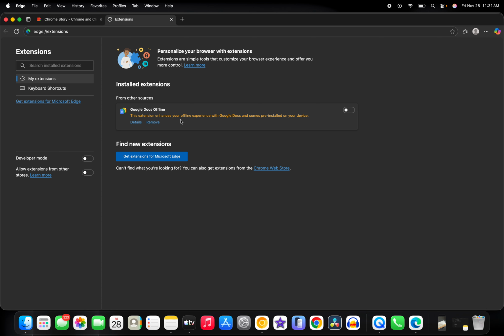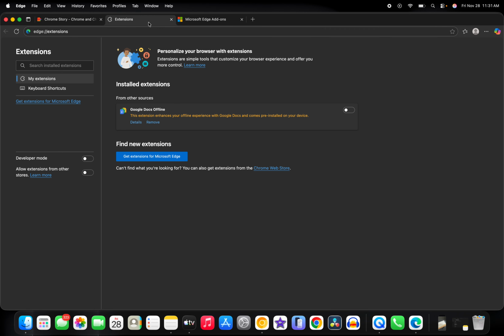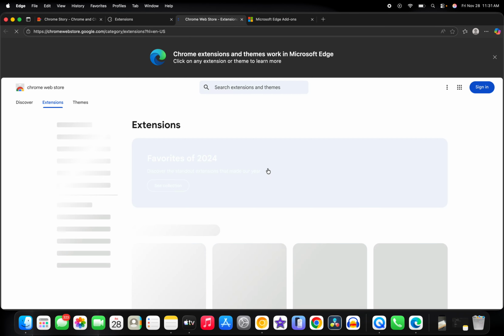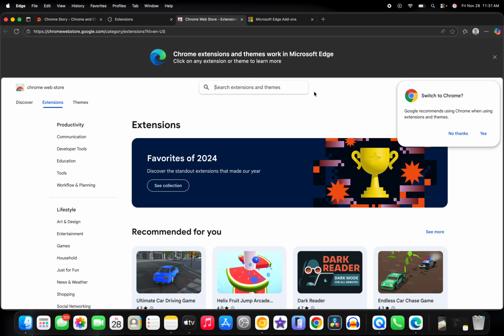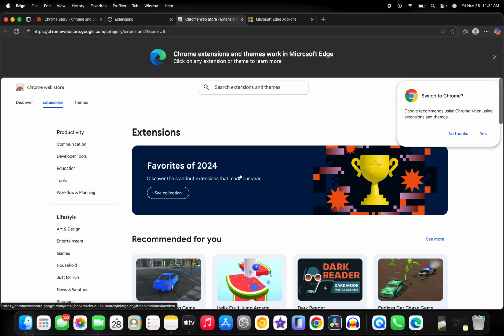Now with Edge, you have two places from where you can download and install extensions. One is the Microsoft Edge gallery of extensions similar to the Chrome Web Store, and you can find extensions from Chrome Web Store and install those as well. Remember, this is Chromium based browser, and almost all the Chromium based browsers can download and install extensions from the